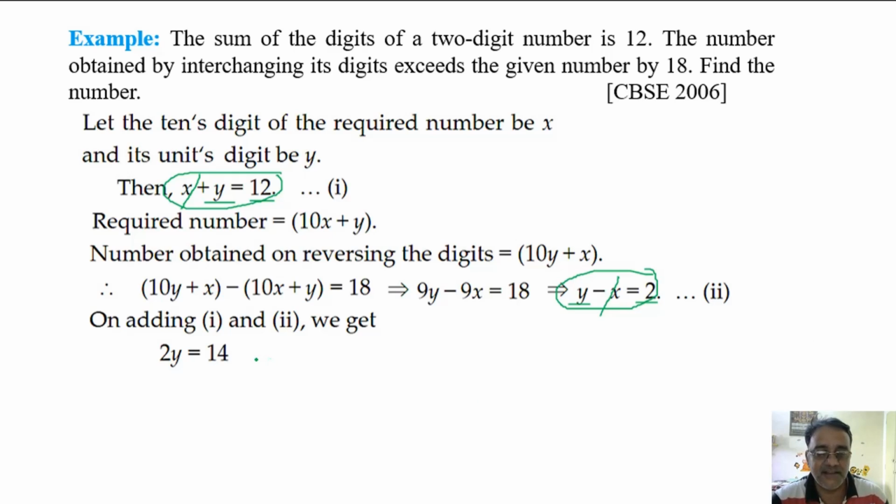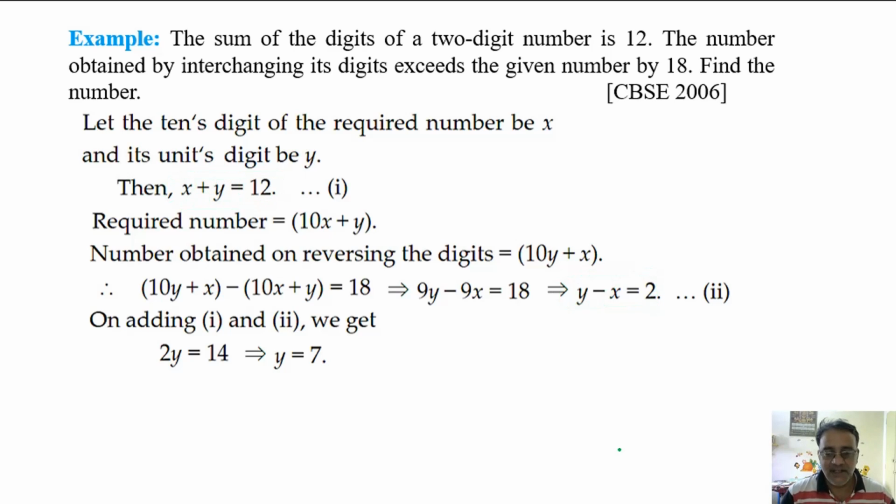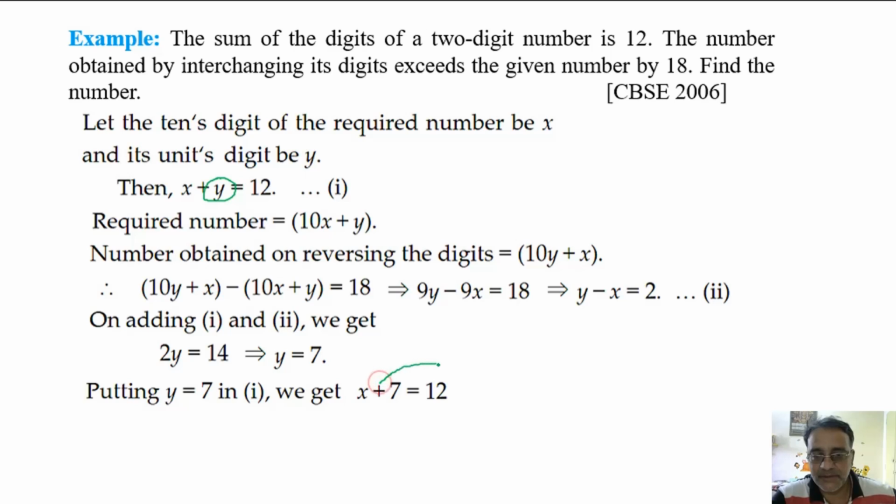So what is the value of y? 7. Okay, fine. If y is equals to 7, now you can substitute directly here 7. So what you will get x? 5. 5, correct. Last time मैंने बताया था कि उसको हम लोग सब्ट्रैक्ट भी करेंगे तो भी आंसर आएगा. So दोनों तरीके से कर सकते हैं. Either you can substitute directly here or you can subtract these two. If you subtract these two, you will get 2x is equals to 10 or x is equals to 5. So substitution is very easy. x is equals to 12 minus 7, that is 5.